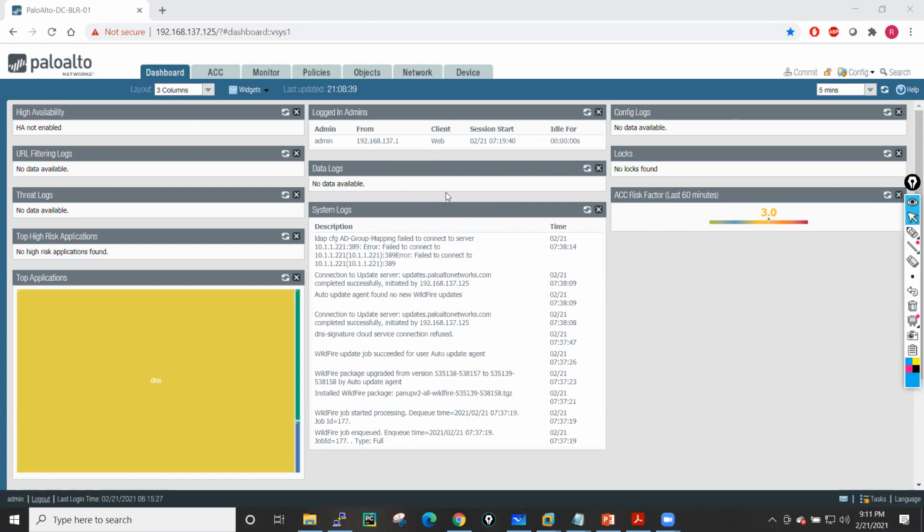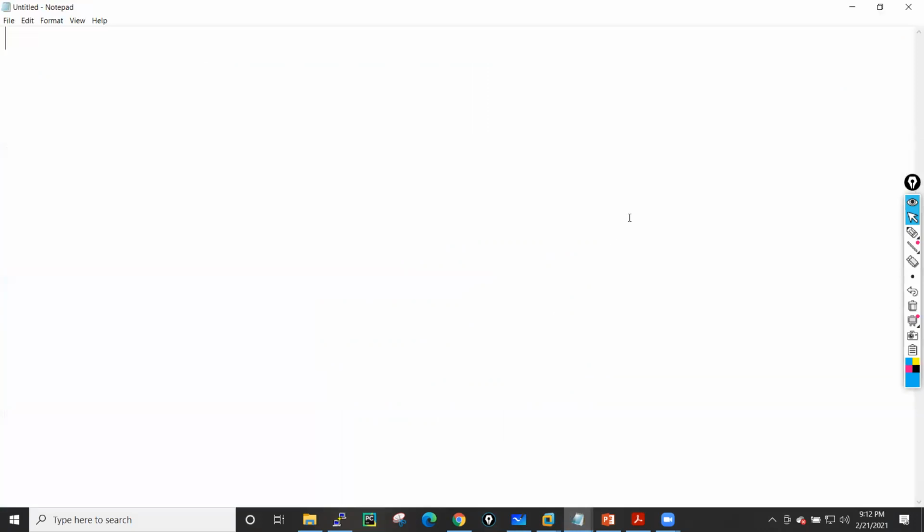So this is the Palo Alto firewall CLI overview and graphical user interface overview. We will see how we can enable all these things, so don't worry about that. Now, let's discuss the packet flow on your Palo Alto firewall, which is the last topic for today. So let me tell you.